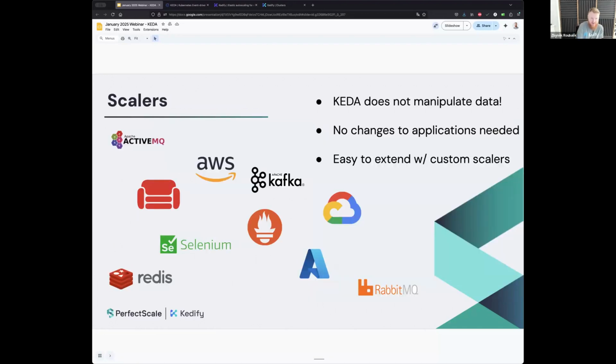Yeah, and the important part of KEDA is the scalers catalog. So KEDA has like 65 plus different scalers where you can just define the stuff you would like to do, and you can autoscale. Important thing, KEDA does not manipulate the data itself. So if your application is consuming messages from Kafka, KEDA doesn't know anything about the actual content of the data. It just monitors the metrics. It doesn't manipulate data, so the application needs to